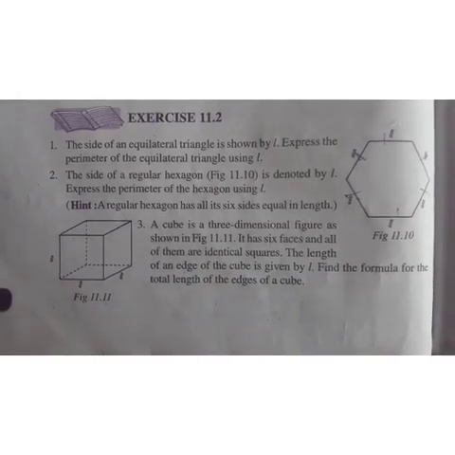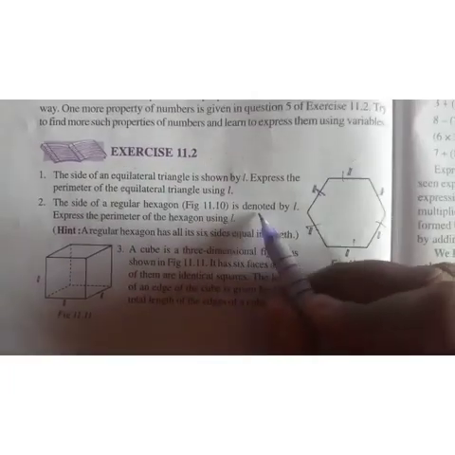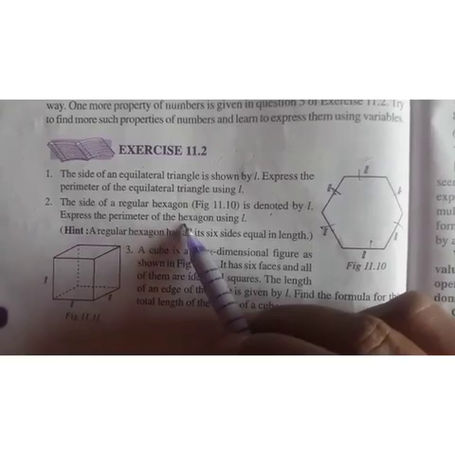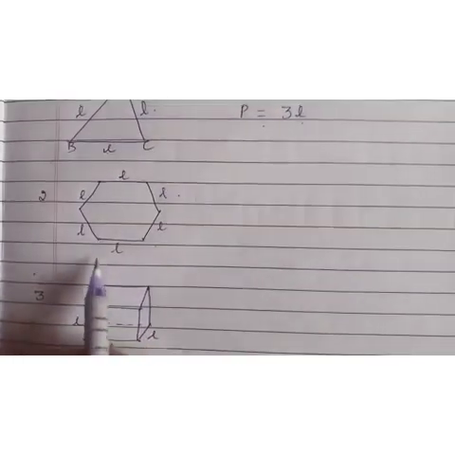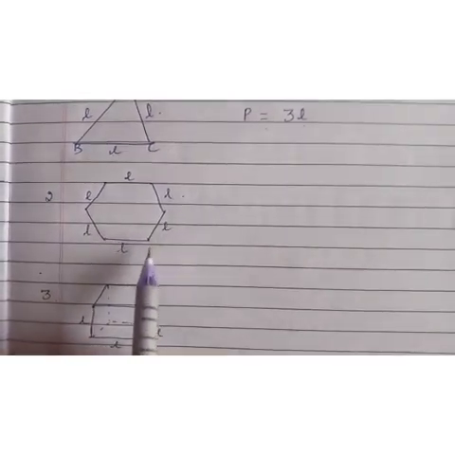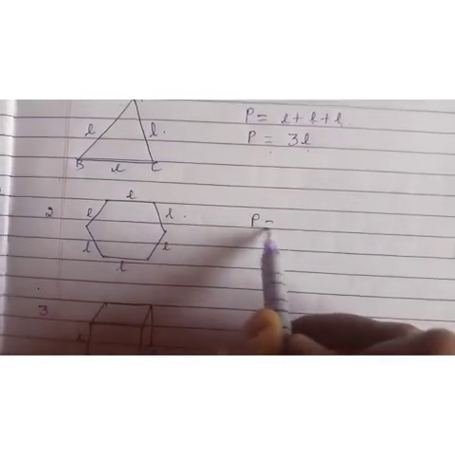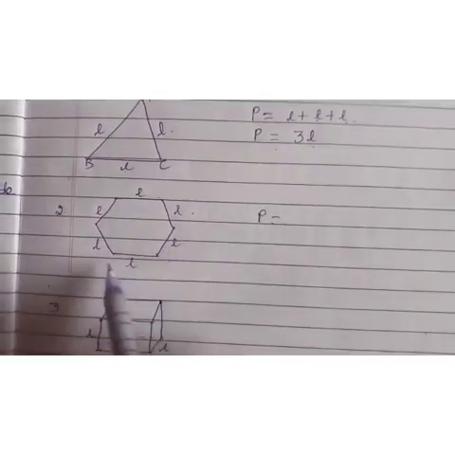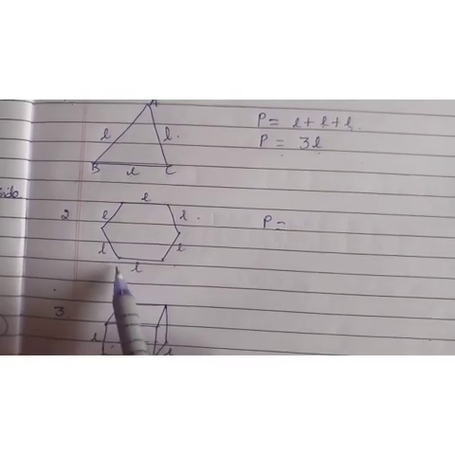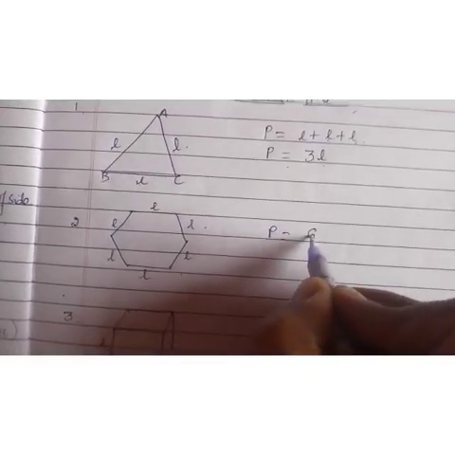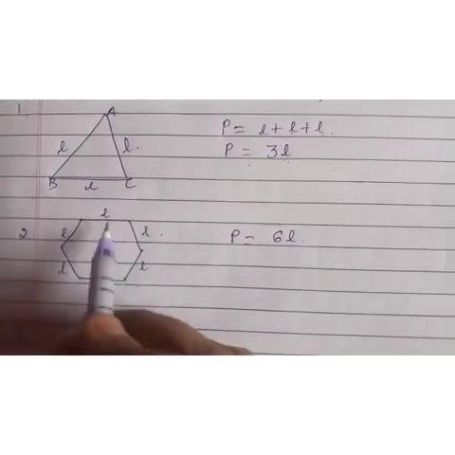Question number 2. The side of a regular hexagon is denoted by L. Express the perimeter of the hexagon using L. So children, here we have a hexagon where all the sides are equal. If we want to find the perimeter, again it will be the sum of all the sides of the hexagon. As all the sides are equal and this hexagon has 6 sides, so I will write 6L, that is L